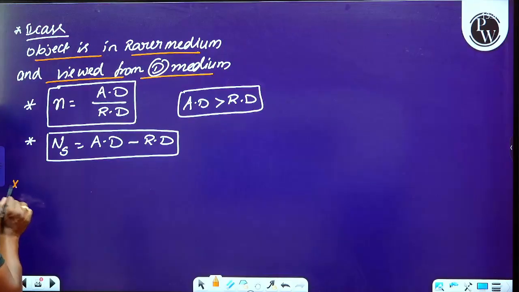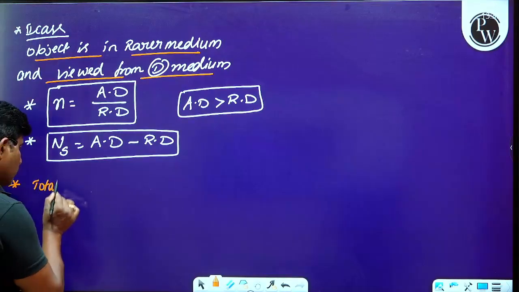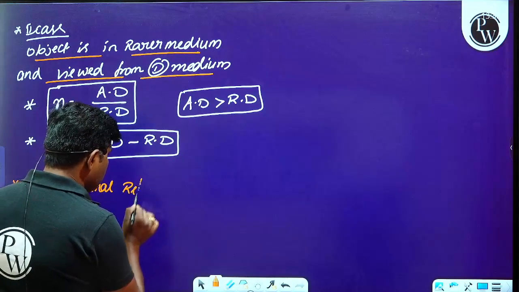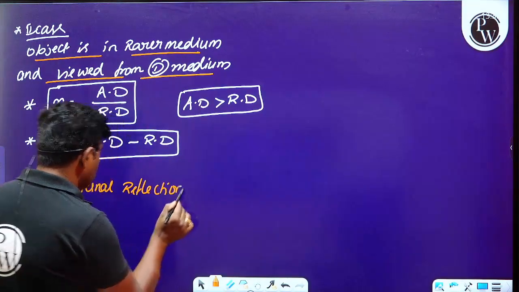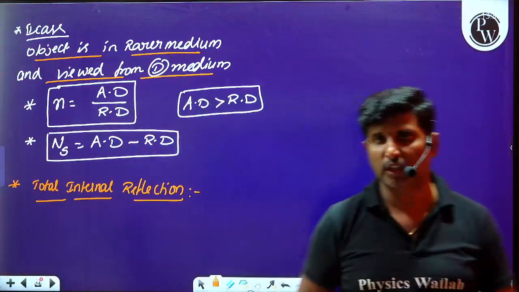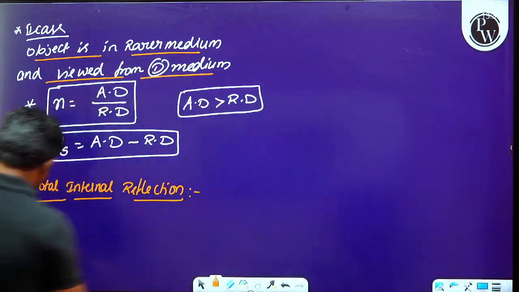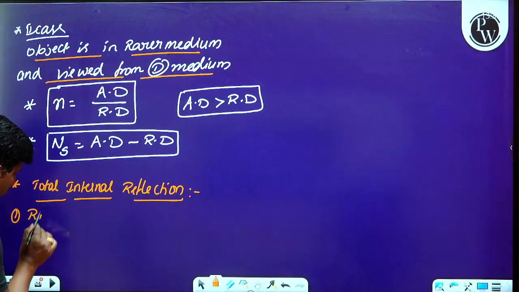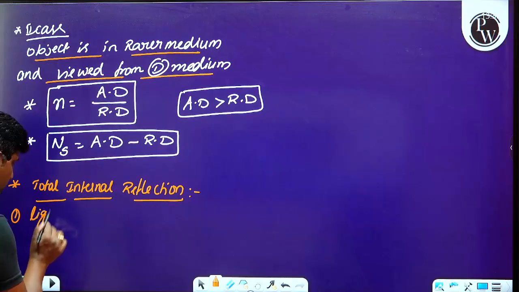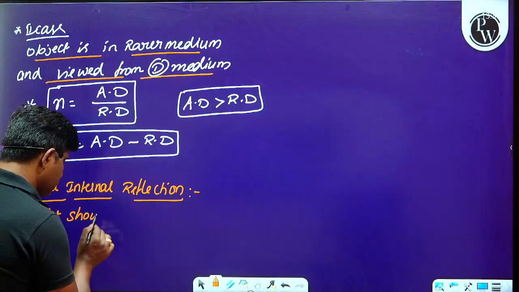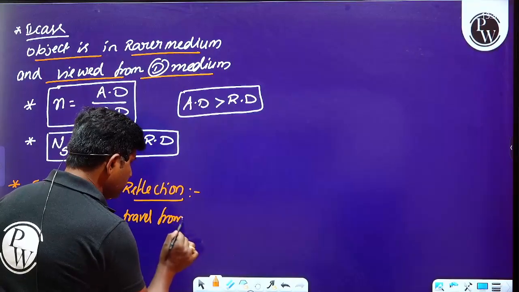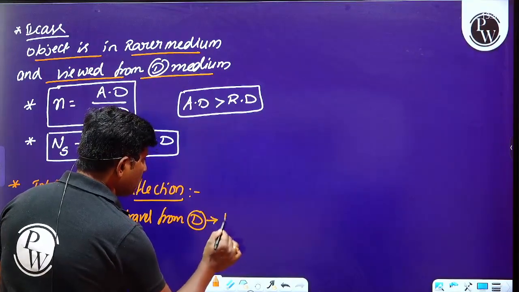Later we can move on to the next concept, that is total internal reflection. What is total internal reflection, and what is the meaning of it here? What are the conditions to get total internal reflection? First, the light should travel from denser medium to rarer medium,